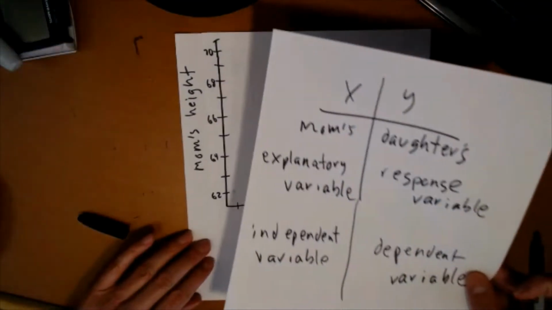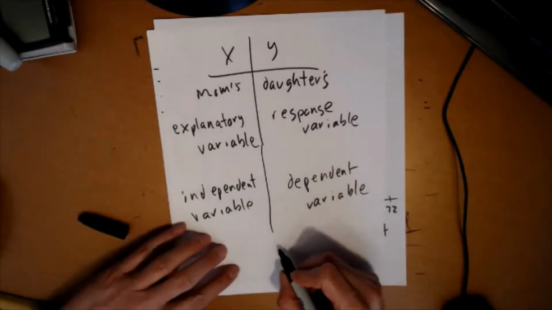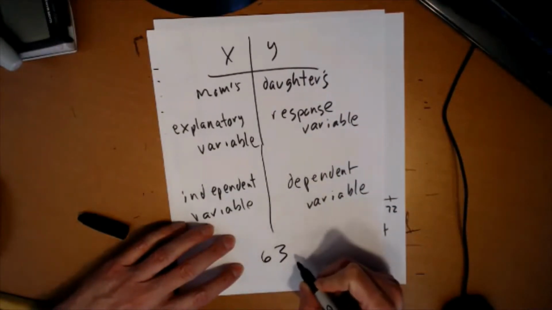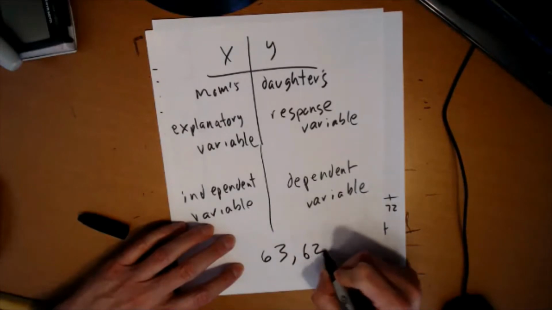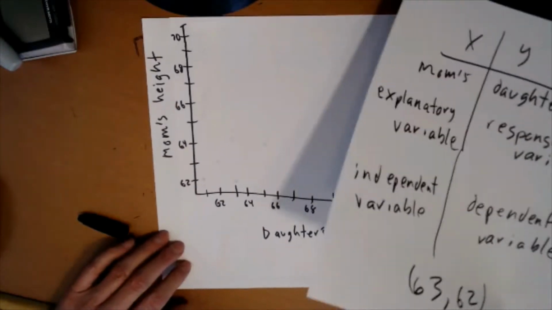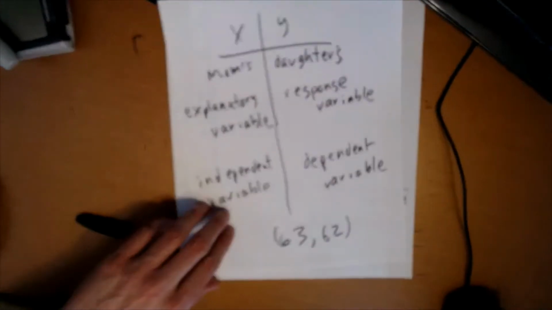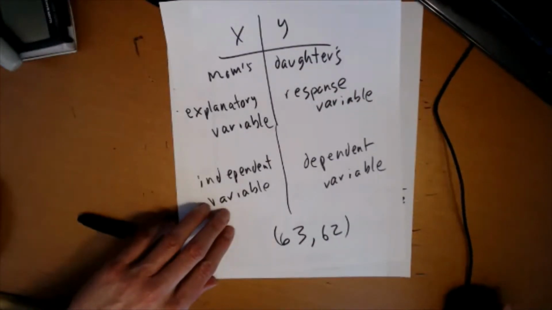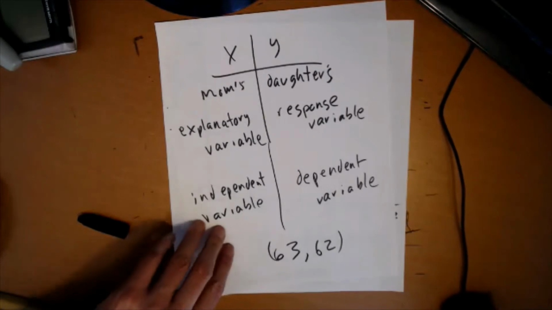Okay, so I'm just going to think of these like ordered pairs. So that first one is 63. The mom is 63 inches tall. The daughter is 62. So the ordered pair is 63, 62. Be able to see that? Let's see. Probably. Okay, so